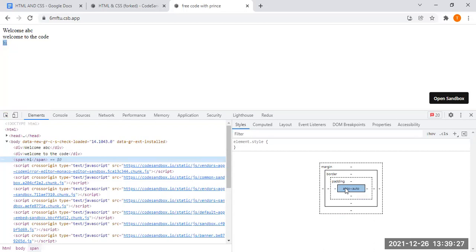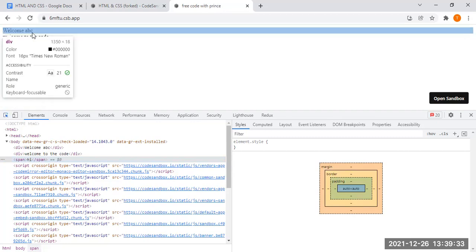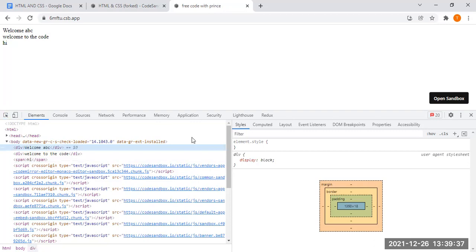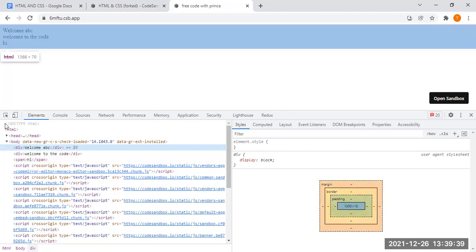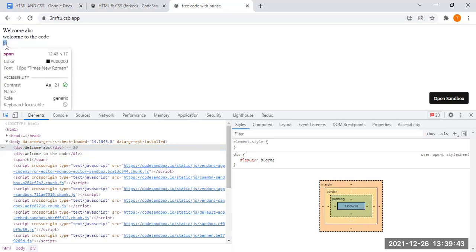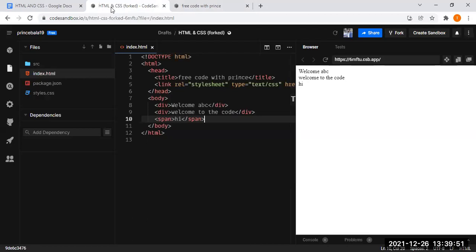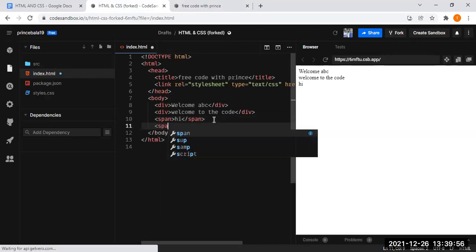Div occupies the entire row, however much your screen size goes for. But the span element occupies only the specific width and height that the text holds. So let me add one more span tag and I will show you.